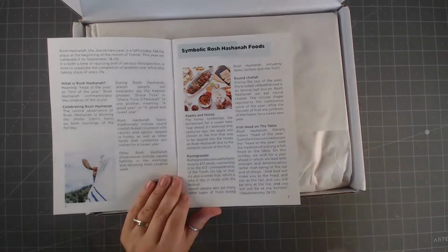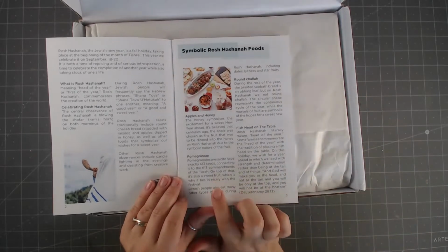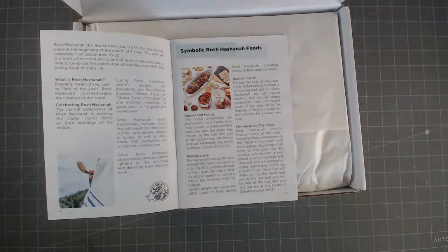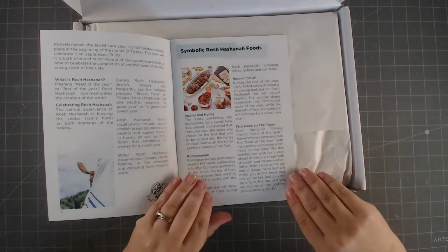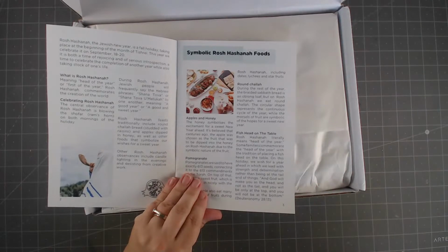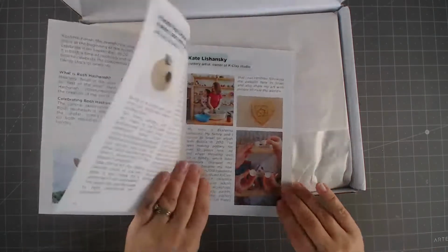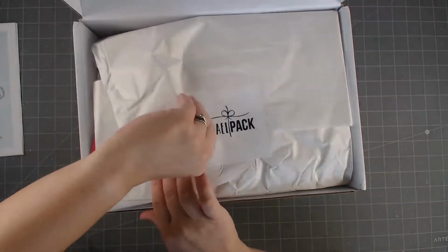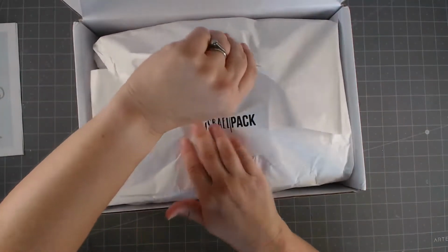The challah bread, I have had challah and it is fantastic. And I did not realize about the pomegranates. That is just so stinking cool because I actually grow them in my backyard. I only have a couple left, but I do have a couple of pomegranates. And then there's a fish head on the table. What is it about? It's the head of the year. Does that make sense? Because it's the beginning of the year. Okay, so let's go through it and let me show you all the amazing things that are inside this month's